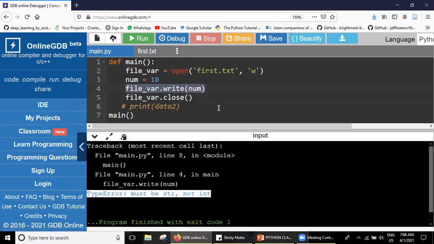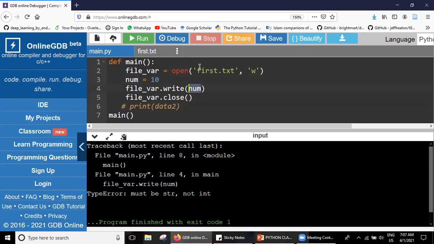This is called error handling in Python. Whenever there is some error, you have to be capable of handling that error by reading it and understanding what's happening here. It says TypeError, where type means the data type. It says it must be a string, not an int. What did we send in line 4? It's not a string, it's a number. The number is being stored, and it's an integer. So it says you cannot send an integer. It must be a string.